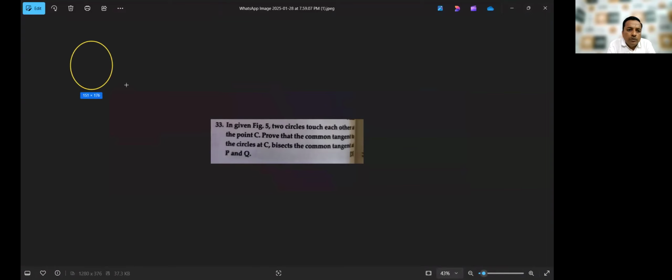Okay. So this is one circle. This is the another circle. These both touch each other. दोनों ने एक दूसरे को टच किया है एट पॉइंट सी। ये यहाँ पे दिख नहीं रहा, दिस इज पॉइंट सी। प्रूव दैट द कॉमन टेंजेंट टू सर्कल एट पॉइंट सी, कॉमन टेंजेंट है कोई तो। सो फ्रॉम हियर वन कॉमन टेंजेंट, बाइसेक्ट द कॉमन टेंजेंट एट PQ। तो दूसरी एक कॉमन टेंजेंट है, दिस इज वन मोर कॉमन टेंजेंट, दिस इज एट PQ